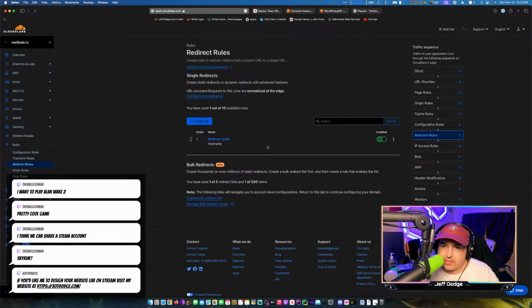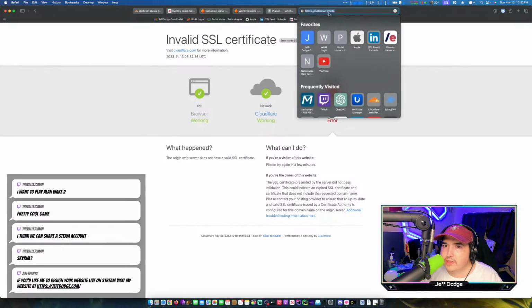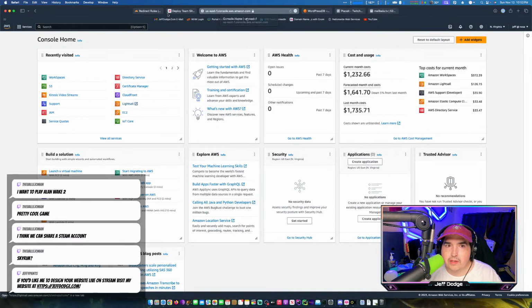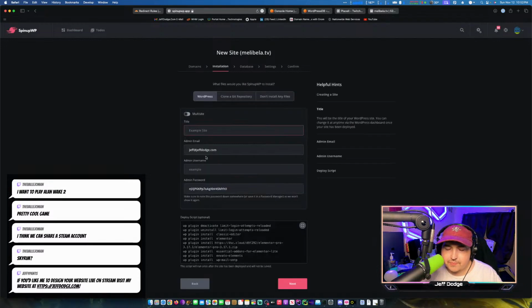So I've just added this redirect. If I were to go to www.melibela.tv/hello, it redirects me to melibela.tv/hello. But there's nothing there right now because we are in the process of deploying it. Next,